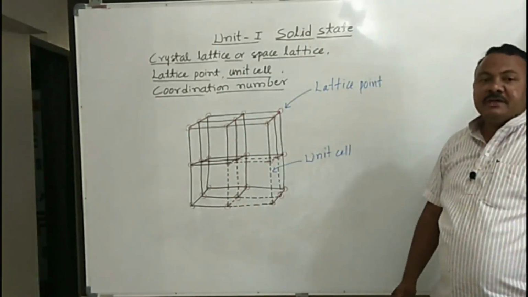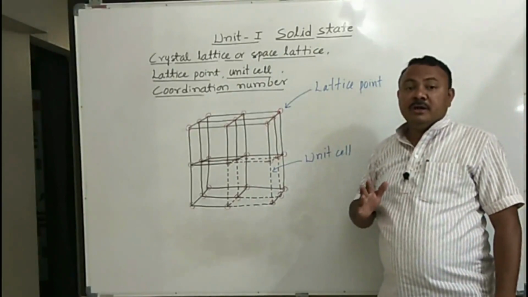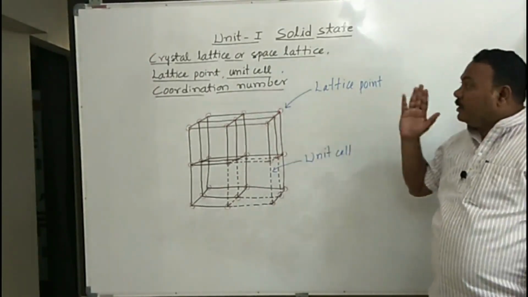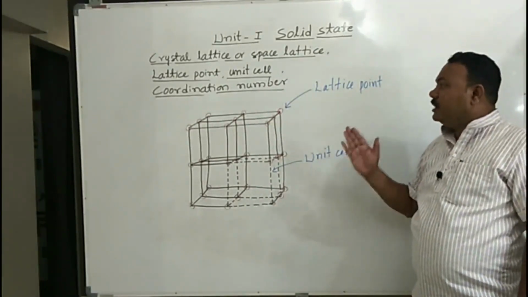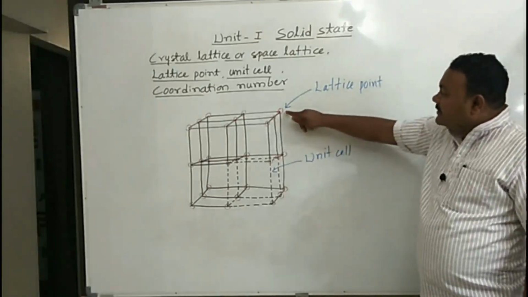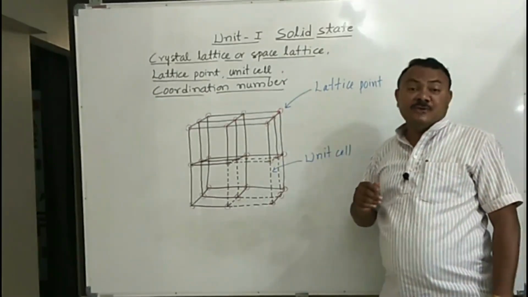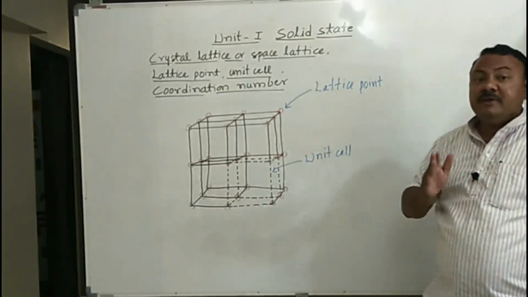Like this we can find the coordination number, and much more we are going to see in detail when we go for learning a concept called close packing related to the coordination number. So we have learned 4 important terms: crystal lattice, lattice point, unit cell and the coordination number. Based on the particles present at the lattice point, we are dividing crystalline solids, which we already learned, like molecular solids. In that we have 3 types.